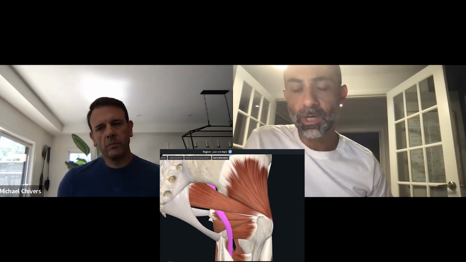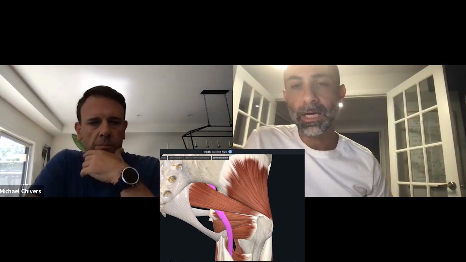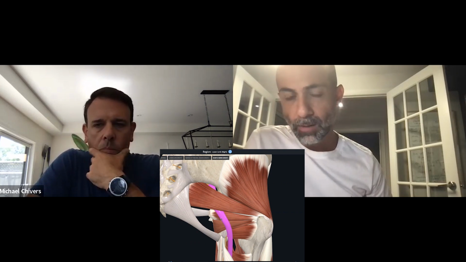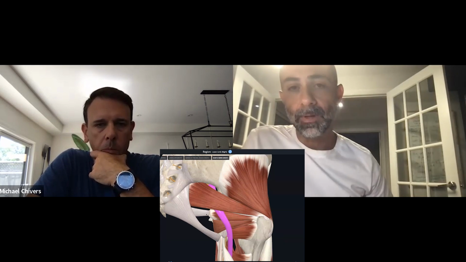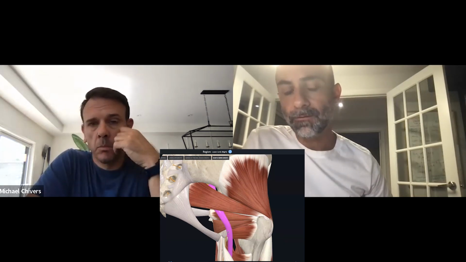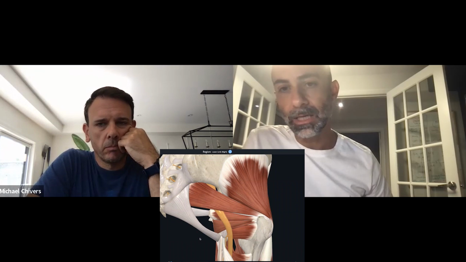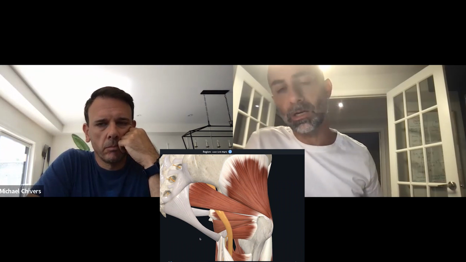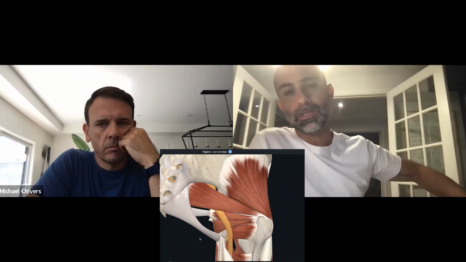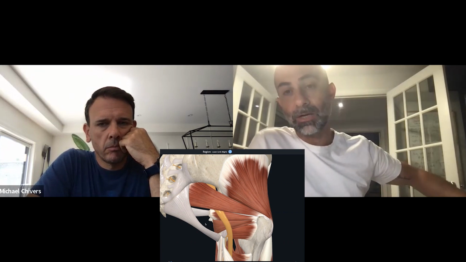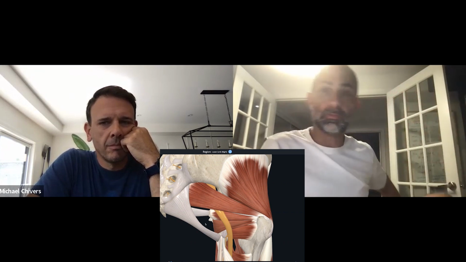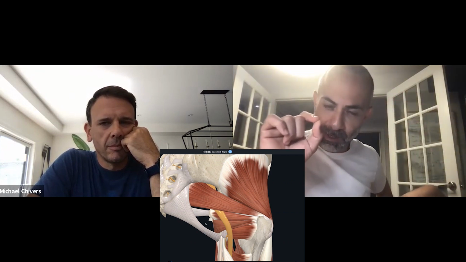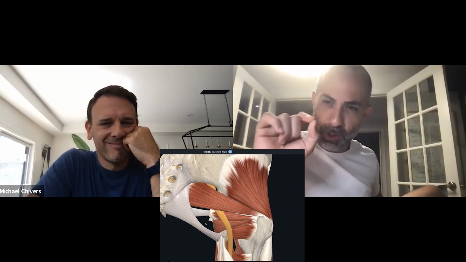So usually when you have pain going down the leg, it's either a referral problem, you can have referral from the muscle itself, but the idea that it's getting choked off is highly unlikely, and it's overdiagnosed. The way that they diagnose it is to take the leg and do a straight leg raise with the hip internally rotated, as if that is going to preferentially just tension the piriformis